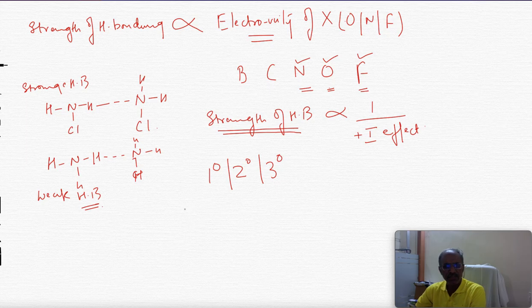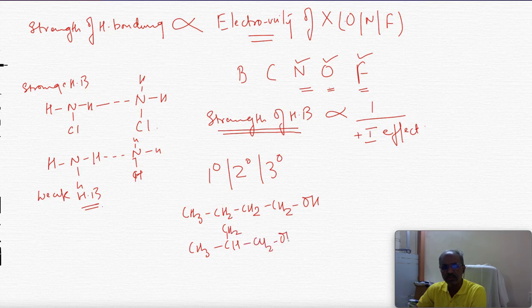Take for an instance CH3, CH2, CH2, we can say CH2OH. Fine. This we can say CH3, CH2, CH2, CH2OH. And this we can say CH3, CH3,